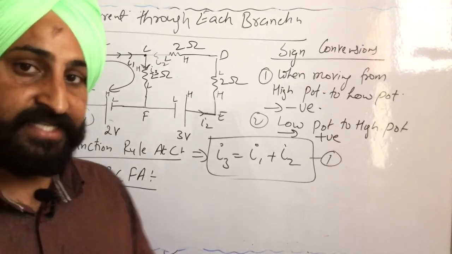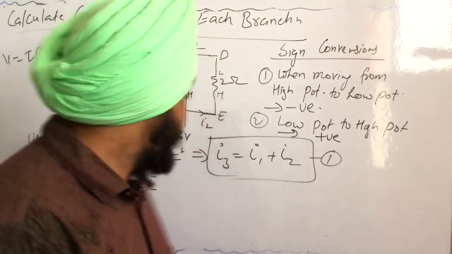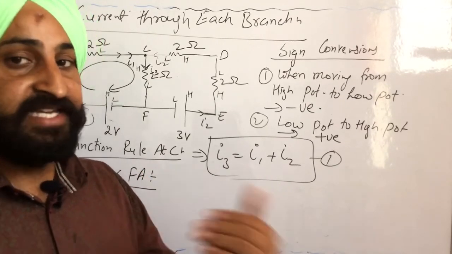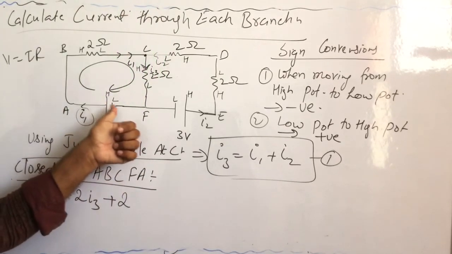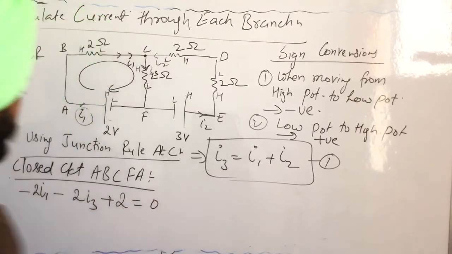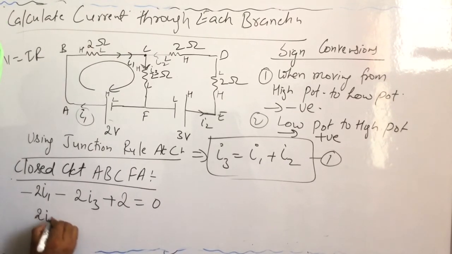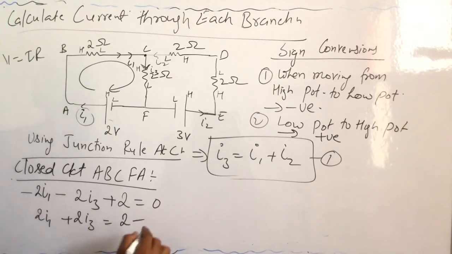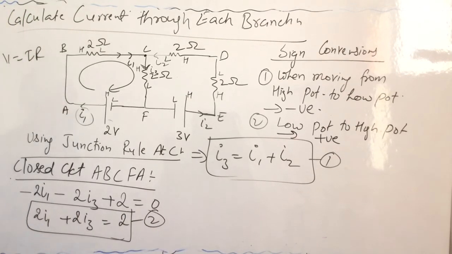So we will be simply writing 2 over here. So for resistance, we have to calculate the potential drop by multiplying current with resistance. But in case of battery, when we encounter the battery in our path, we will be simply writing its EMF. Fine. But sign should be kept in mind. Here we are moving from L to H, low to high. So I have taken positive sign over here. So this entire potential must be equal to 0. So from here I can write the things as 2I1 plus 2I3 is equal to 2. So this is your equation number 2. So this is our second equation.